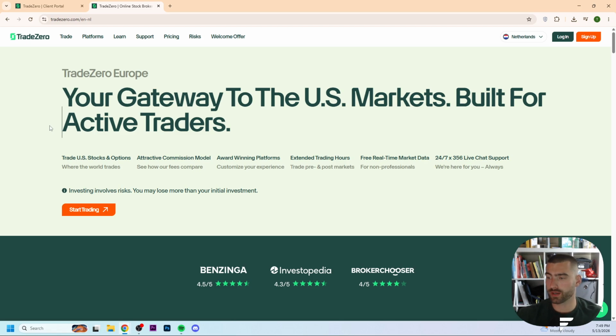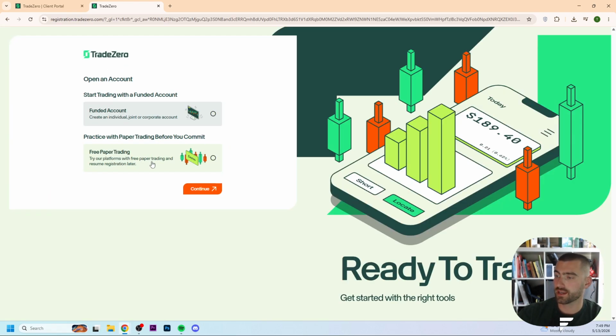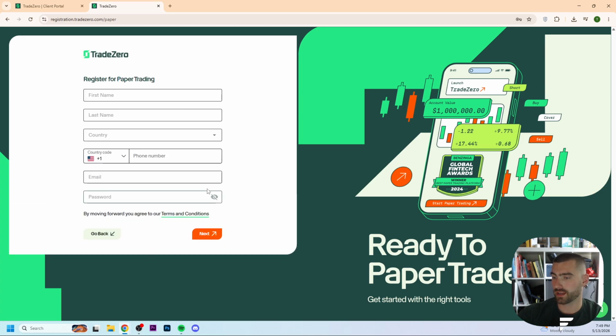You can start doing this by clicking here on start trading, select free paper trading, and then fill in your first name, your last name, select your country, fill in your country code followed with a phone number, and then fill in your email address followed by a password. Then you click right here on next, and then you will get a notification that they sent a verification code